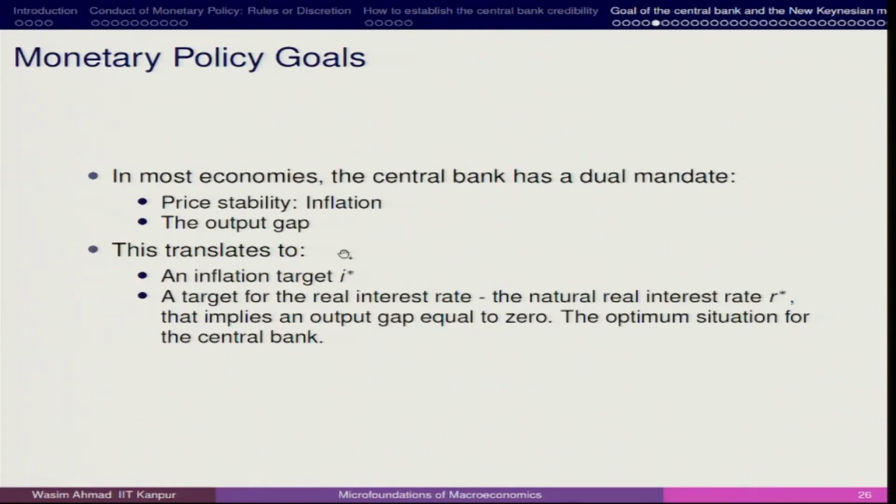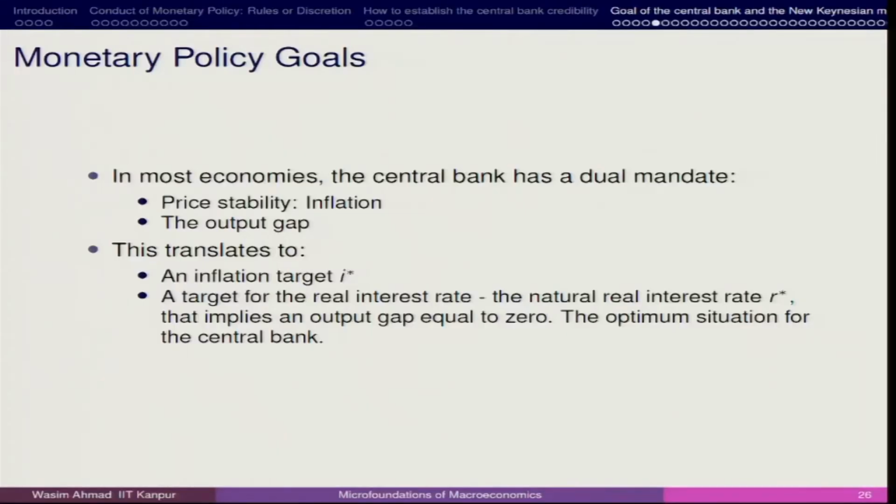Now, in most economies the central bank has a dual mandate. What are those? One is that they have to bring stability in the economy, so price stability is one. Second is maintaining a sound employment level, which means unemployment has to be lower, which also means the output gap should be zero, Y equal to Ym, and the nominal interest rate target must equal the actual. So, the ideal target rate must match the actual. Those are the conditions.